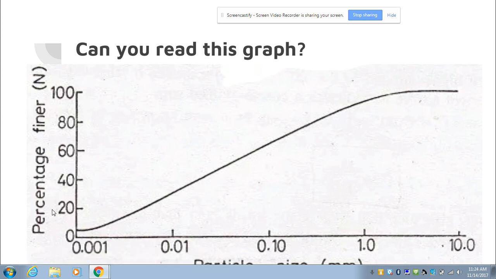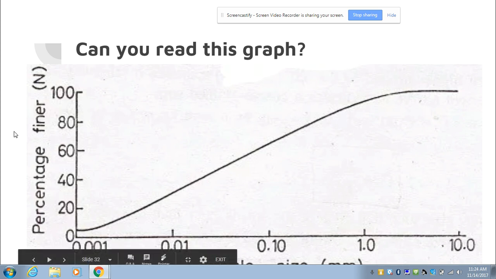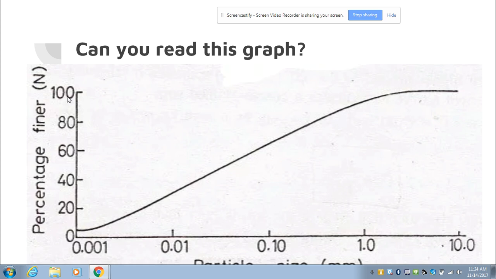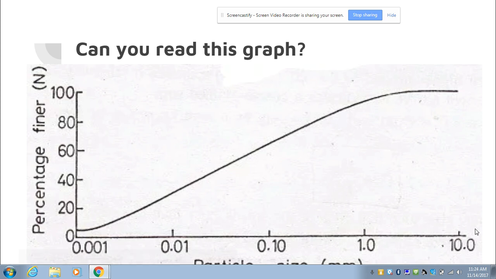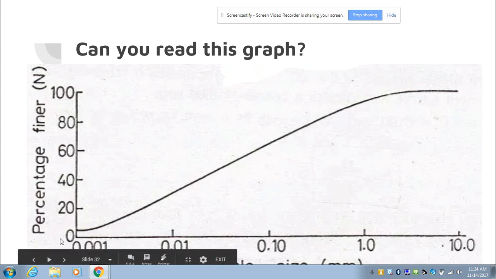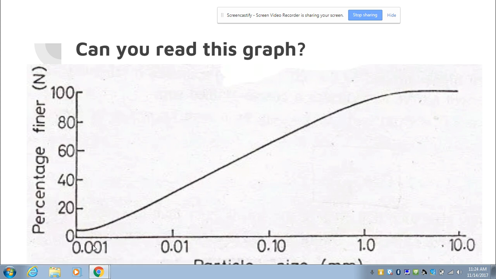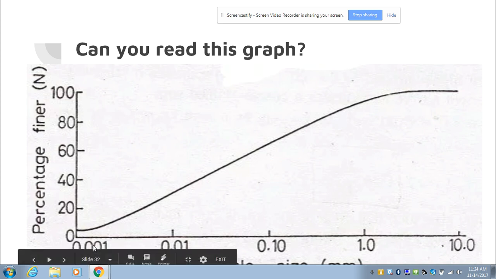We have the percent of water over here on this side of the graph. You see that as it goes up: 0%, 20%, 40%, 60%, 80%, 100% water. Over here, we have the particle size of the soil. We've learned previously that sand is the largest particle and clay is the smallest particle. So when the dot is right there, let's put an imaginary circle right there. That tells me that at the particle size of 0.001, which we know is clay, really, really small, it retains about